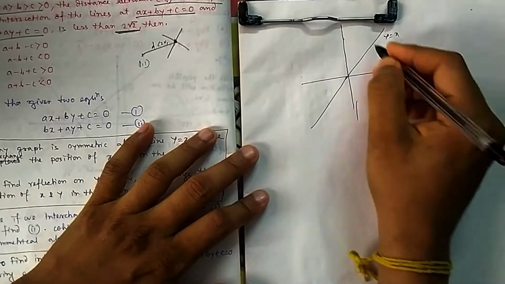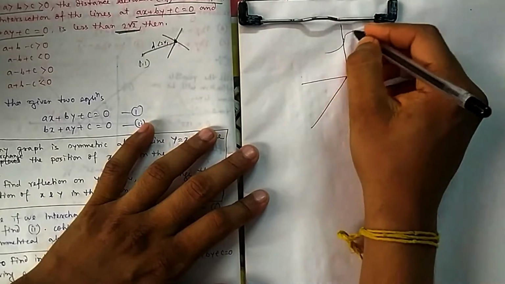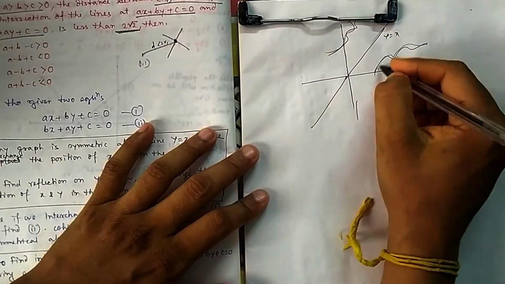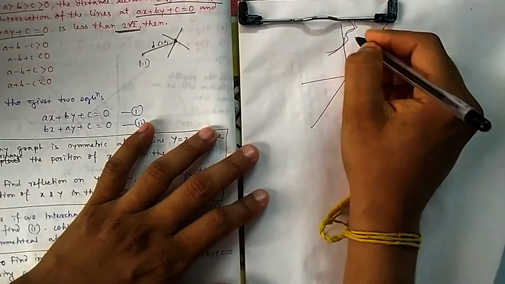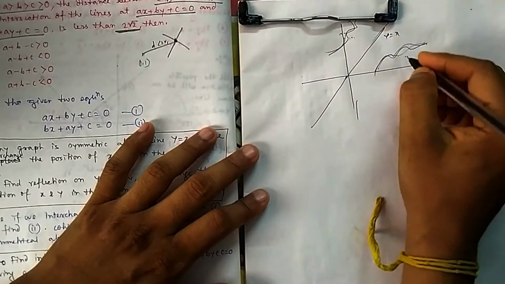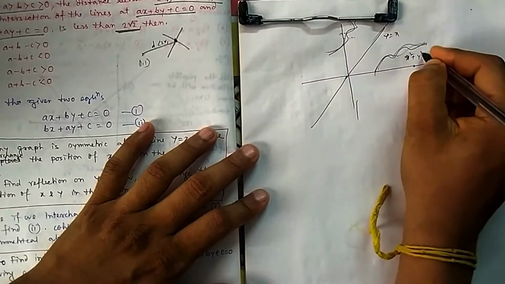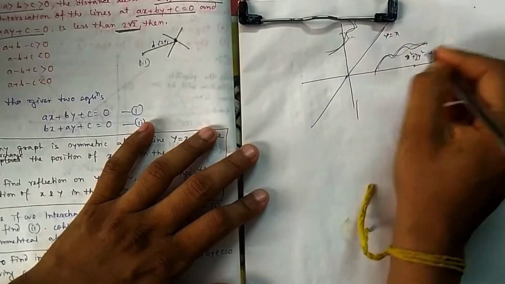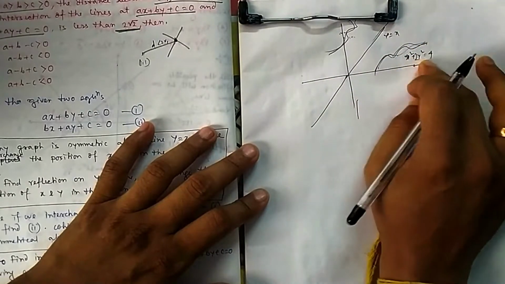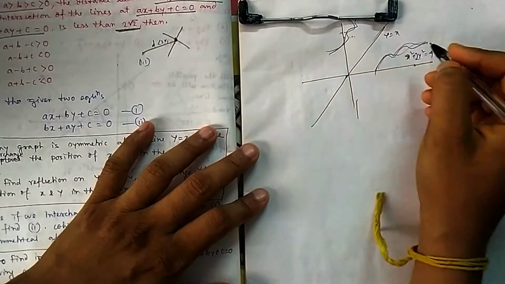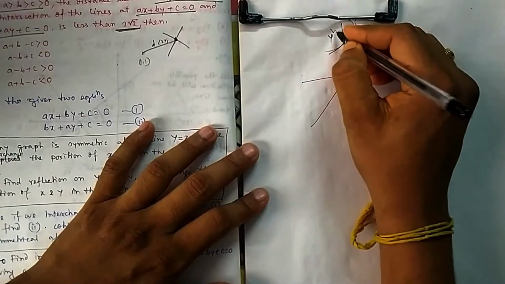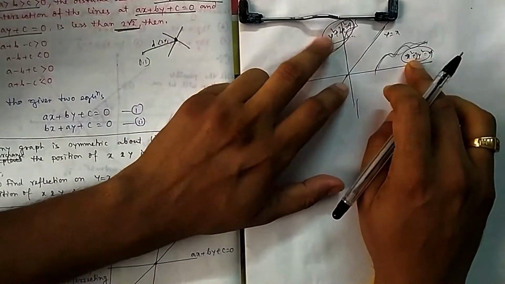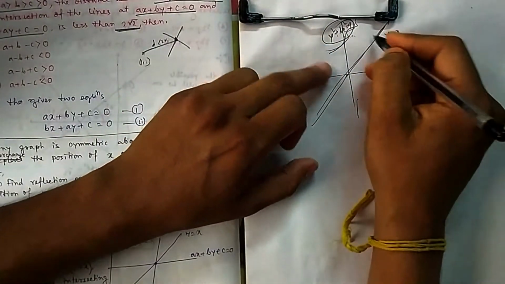If you take the reflection of any equation or function over this line, suppose there is a mirror, you take this one here. Whatever the equation in x and y, you replace the x and y positions. Suppose, hypothetically, x square plus 2x square is equal to 4, it can be any curve. So you change the positions of x and y, so it will be y square plus 2x square equal to 4. If you change the positions of x and y, you are nothing but taking the image about y equal to x.